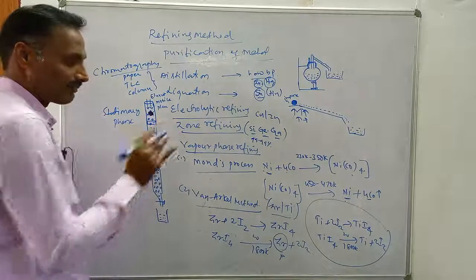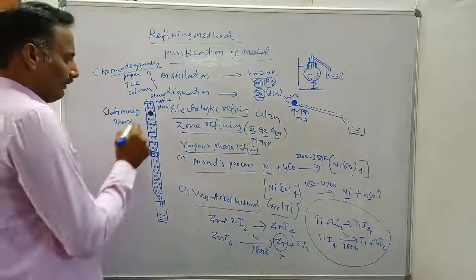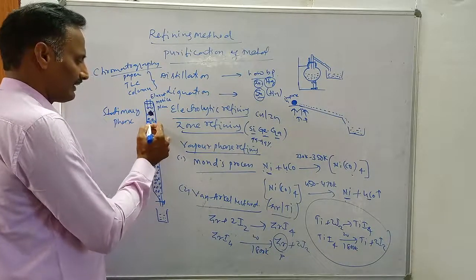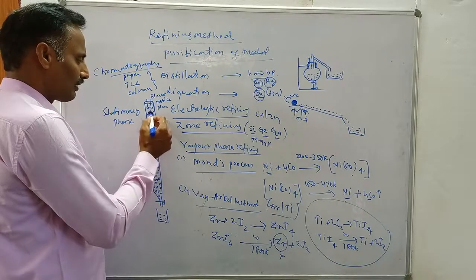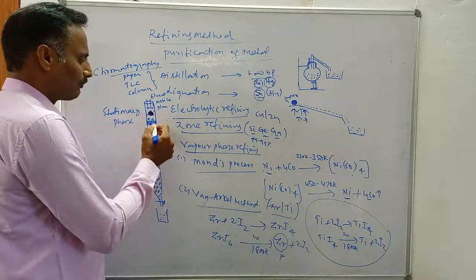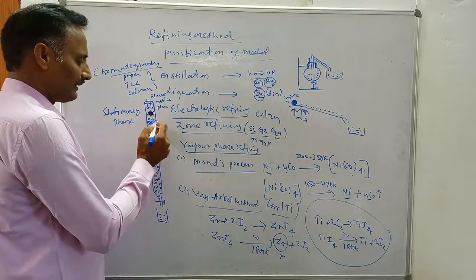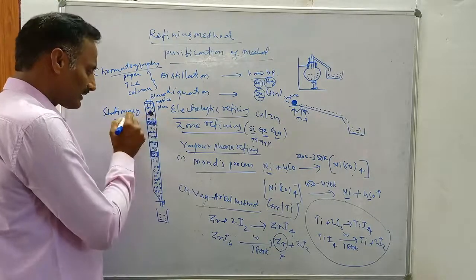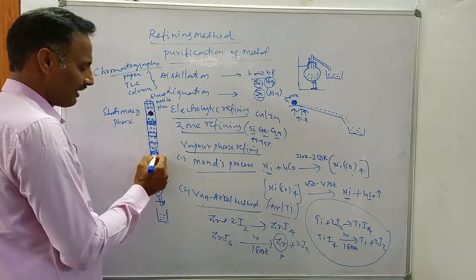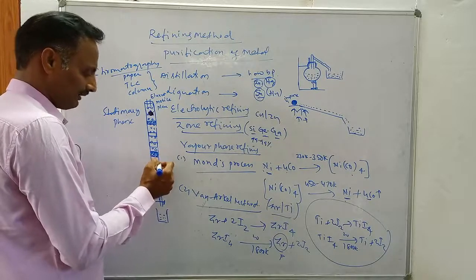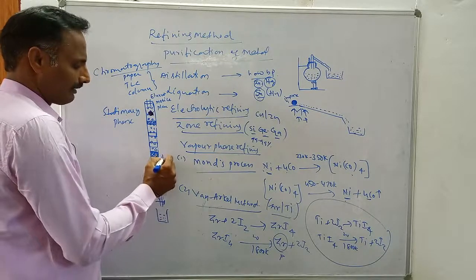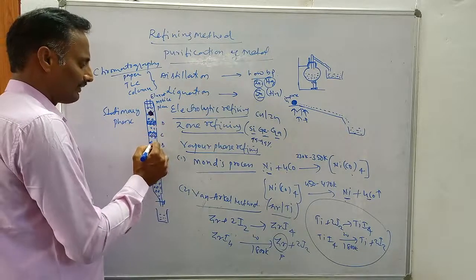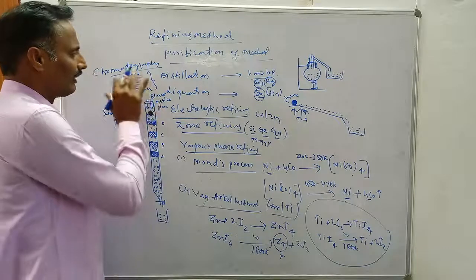The substances are separated in the form of layers. The component which has more affinity towards the stationary phase moves slowly and is present in the upper part of the burette. The component which has less affinity towards the stationary phase moves fast and comes to the bottom of the column. This is component A, this is B, this is C, and this is D. Like this, we separate different components by using the chromatography technique.